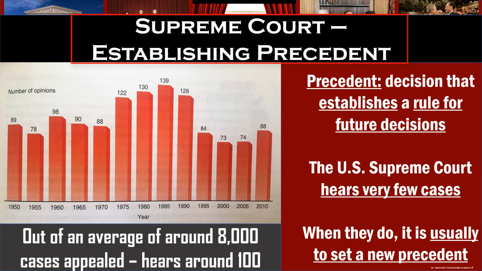Now, a major aspect that the court has in influencing and establishing policy is their creation of what are known as legal precedents. In their rulings, they impact all future court decisions, a concept known as common law, and can establish new guidelines not only for future cases, but also federal and state laws and governmental procedures. And again, these are called precedents.